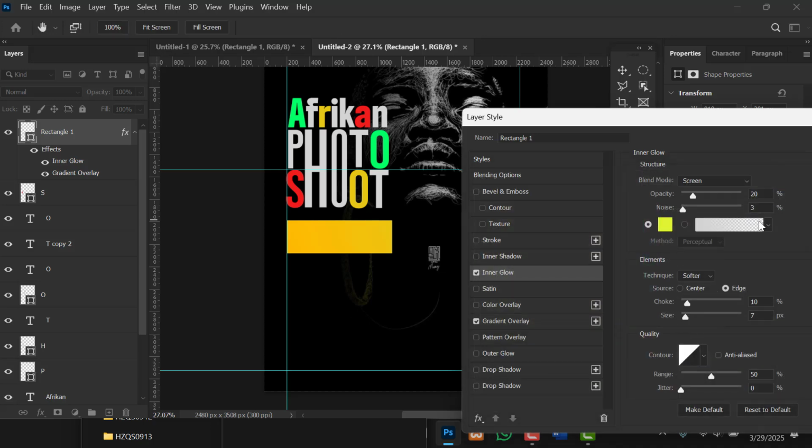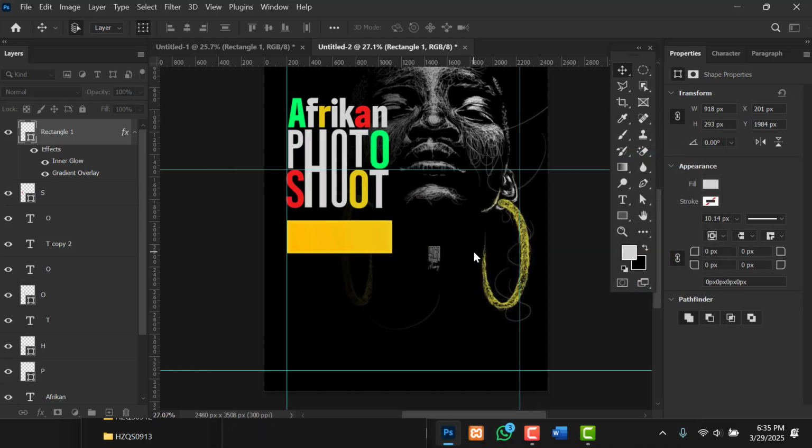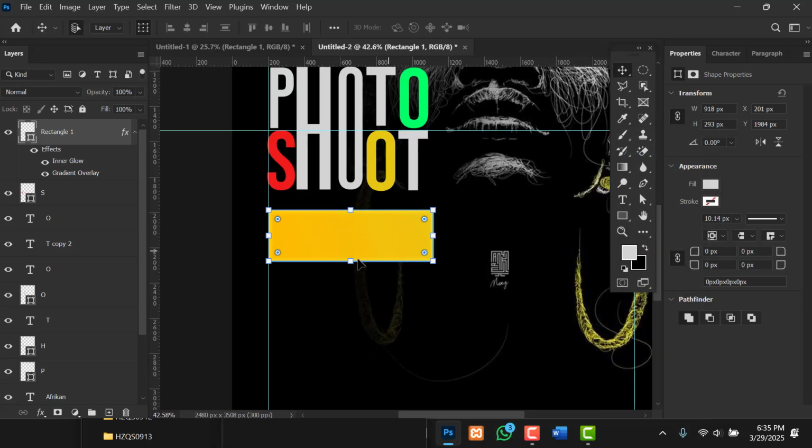So this is what I did, and let me increase it some more. Let me increase the opacity a little, and the noise a little bit. Everything small. Yes. So as you can see, this is the preview of it. If you take it off, you see what has happened here. If we bring it in, then we see that we have that yellowish around the text. So that is it. Right after that, let's rasterize the shape so that we can